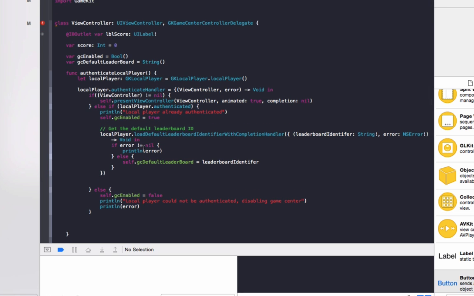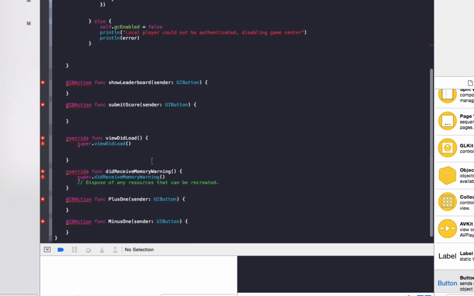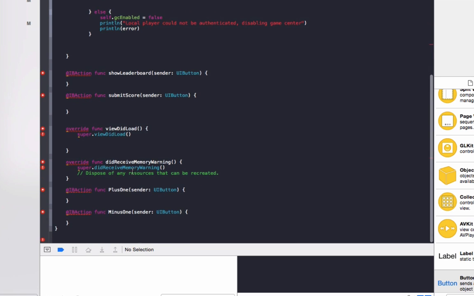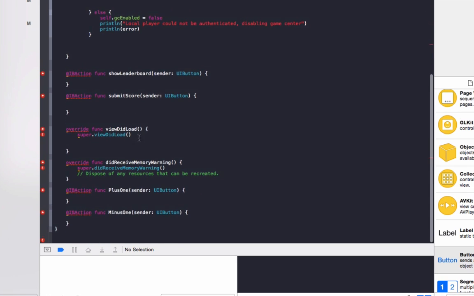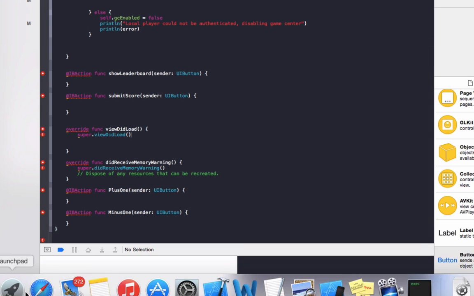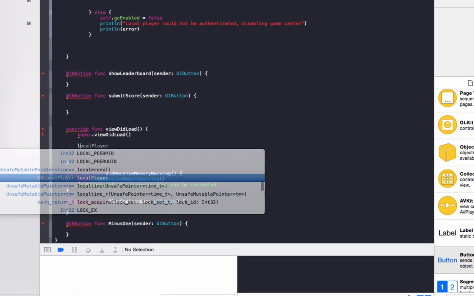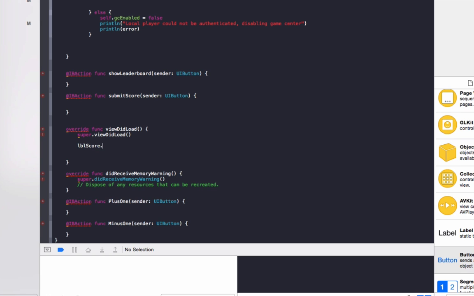Okay, so what this does is load up the default leaderboard identifier we've set up earlier. If you want to use the default one, it will get stored in this GC default leaderboard up here. Now that we've authenticated the local player, we're just going to set this up to add the scores and minus the scores. Under our viewDidLoad, we're going to set the label to be the score. So do label score dot text equals score,